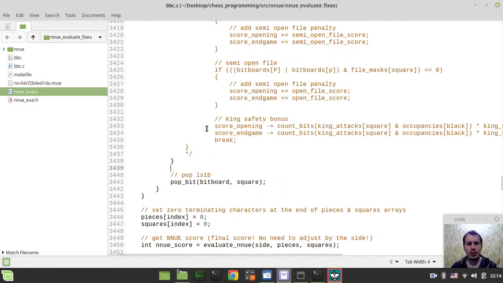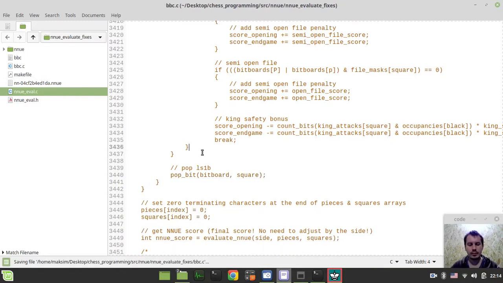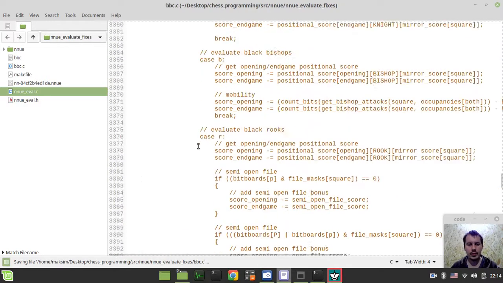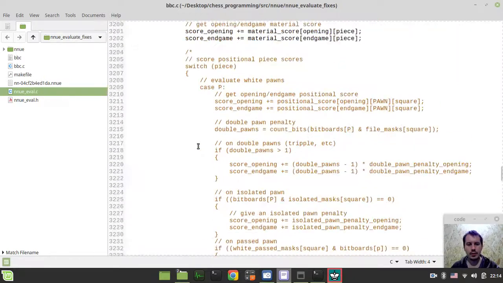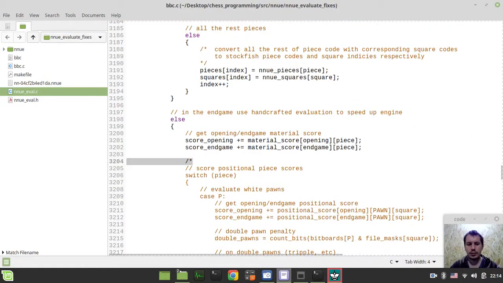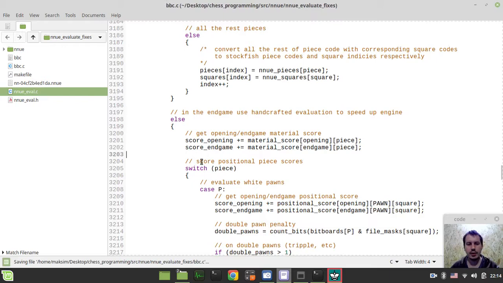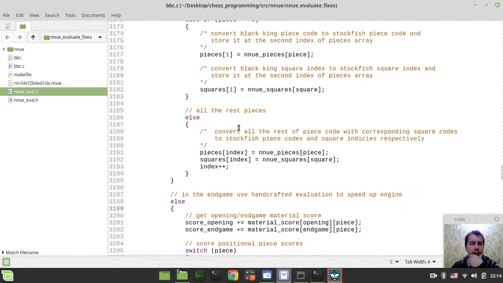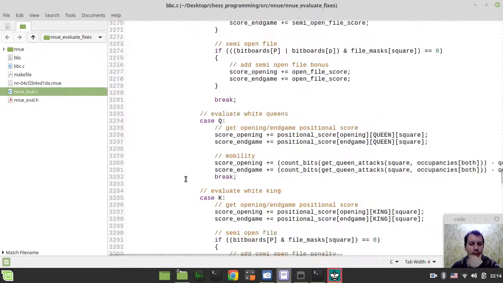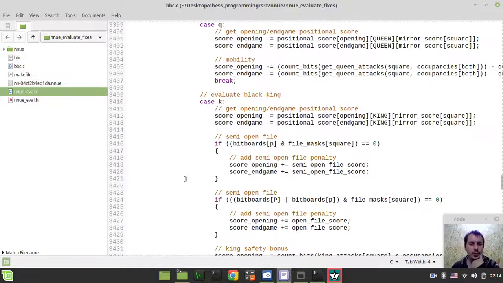Okay, now I want to get rid of this commented code, so let me uncomment the code. Okay, so again make sure it still compiles and runs. Okay, and now here when we are returning our score,